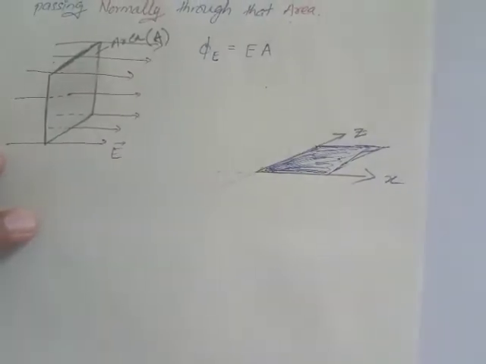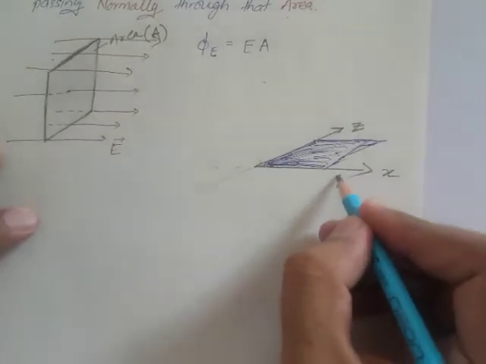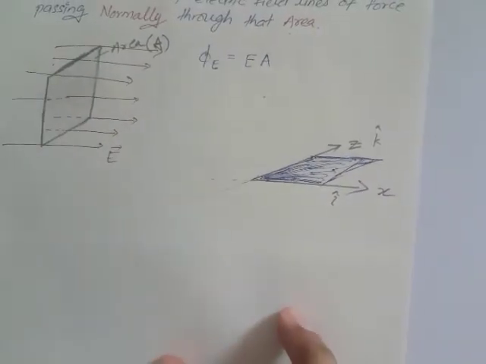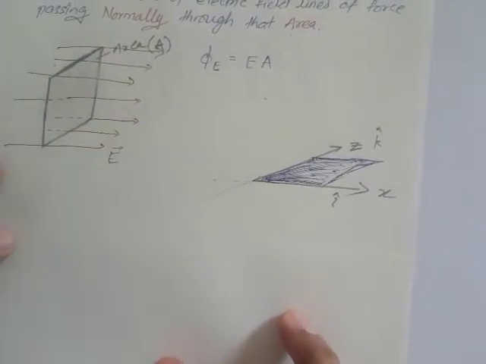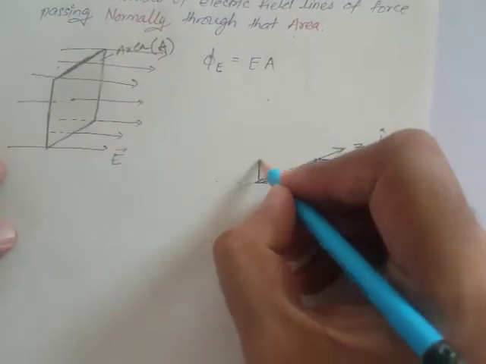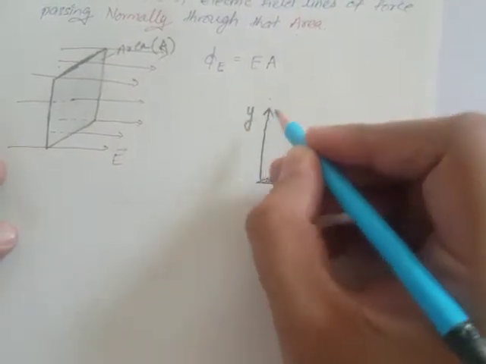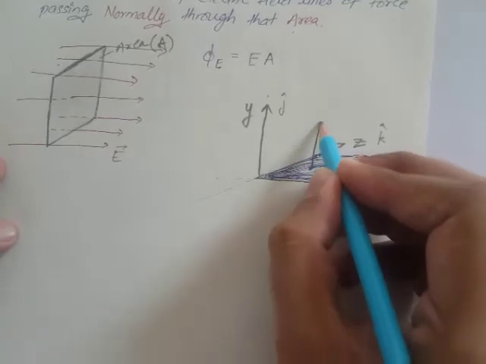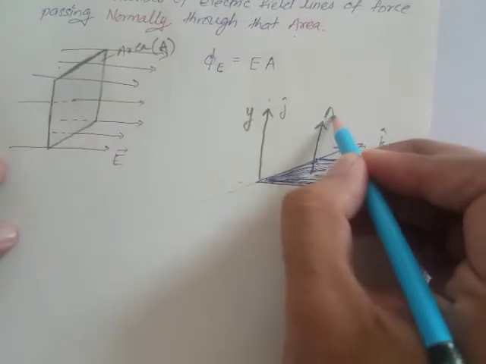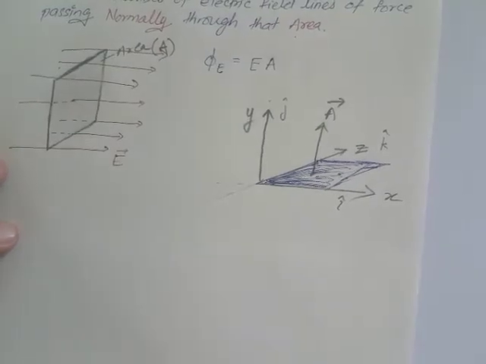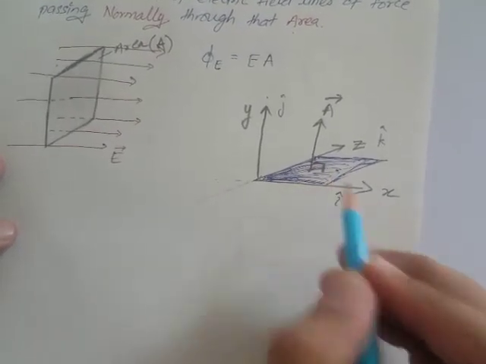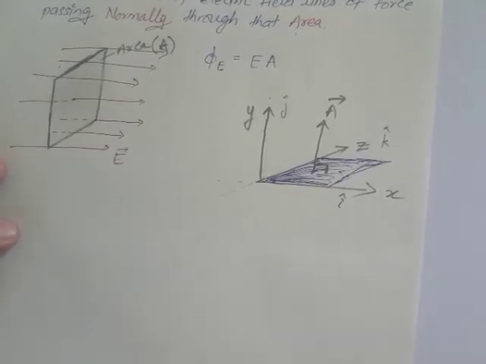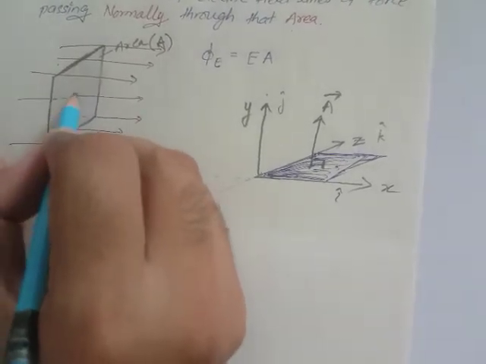Now this is my unit vector i and this is unit vector k. So if we take i cross k, then we get a third direction, that is in the y, or we can say j unit vector. So the area vector is always perpendicular to the surface. That's how we set the area vector. Now we will draw an area. So the area vector is always 90 degrees. This is studied in 11th. It always forms 90 degrees with respect to the area. So we can draw over here an area vector also at 90 degrees to this.